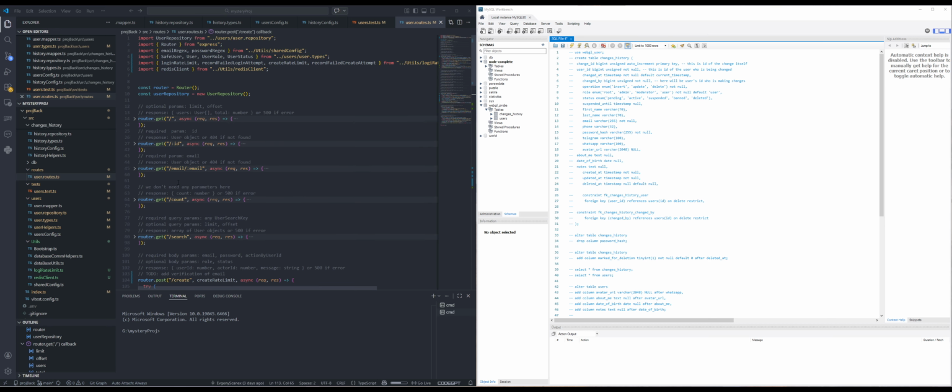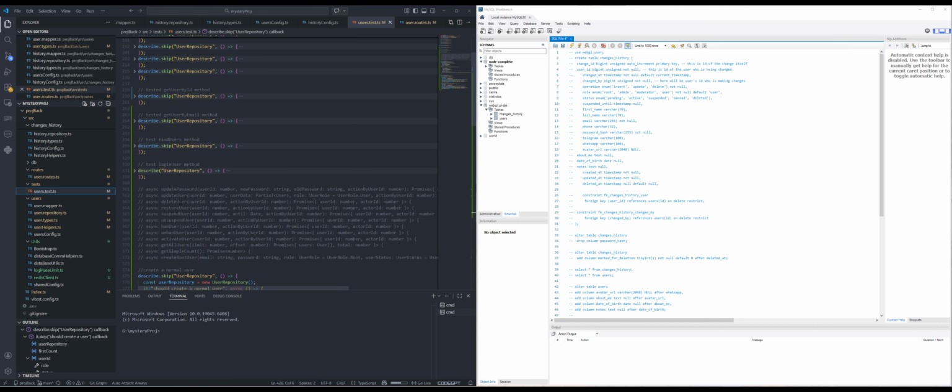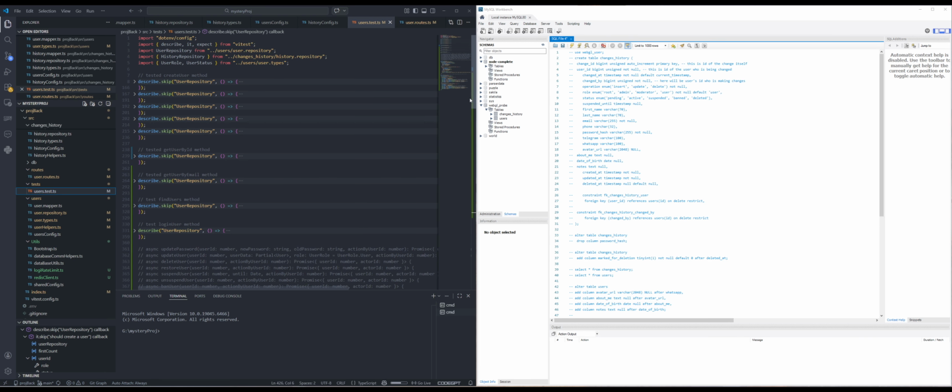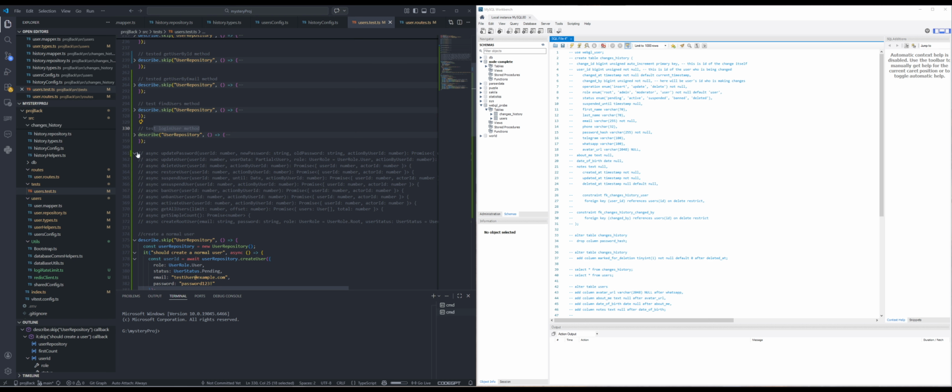So we're going with the Vitests, and we did tests for routers. We did tests for create user methods, get user by ID method, get user by email, find users, login user methods. I copied the rest of them into the tests file,